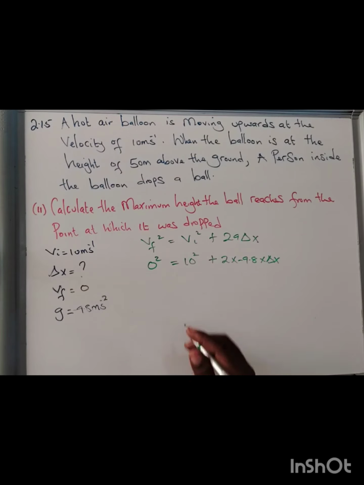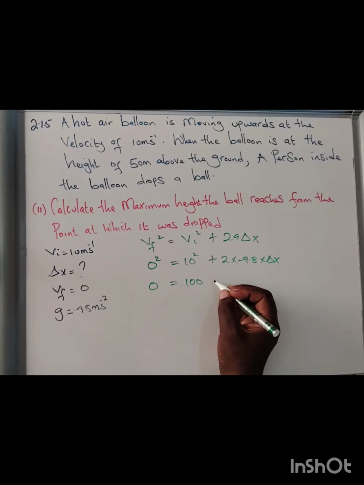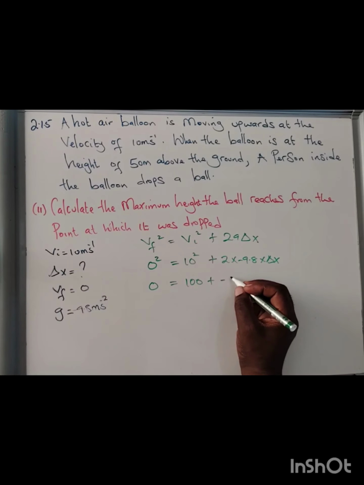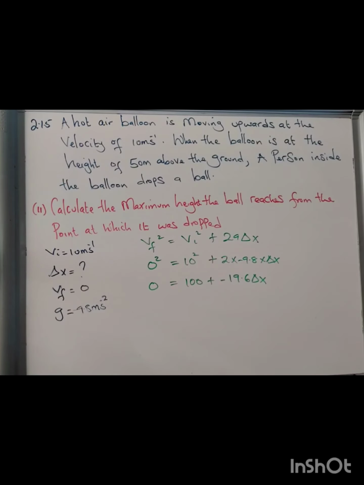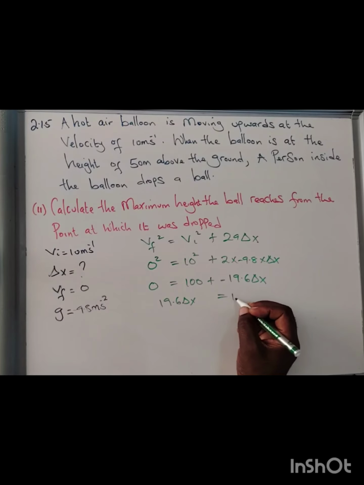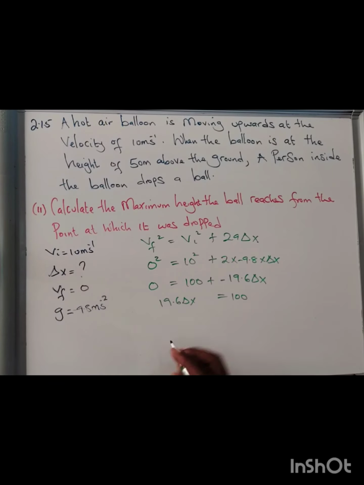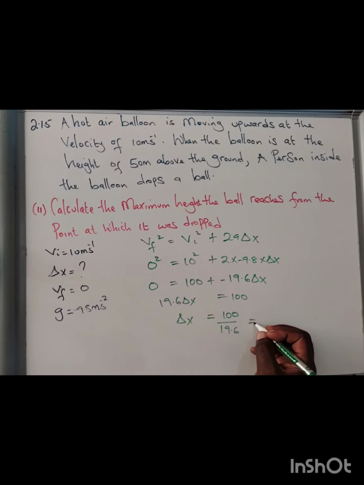When you simplify this, you are going to get 0 equals 100 plus negative 19.6 delta x. So what do you do here? You can bring that negative this side to become 19.6 delta x equals 100. And from here we have delta x, which is equal to that, giving you the answer, which is